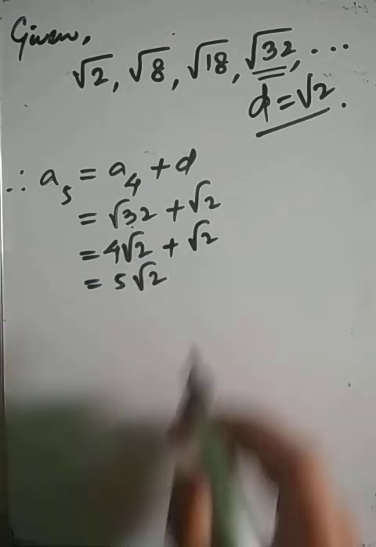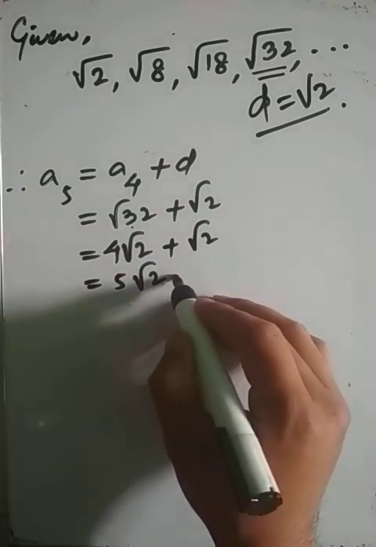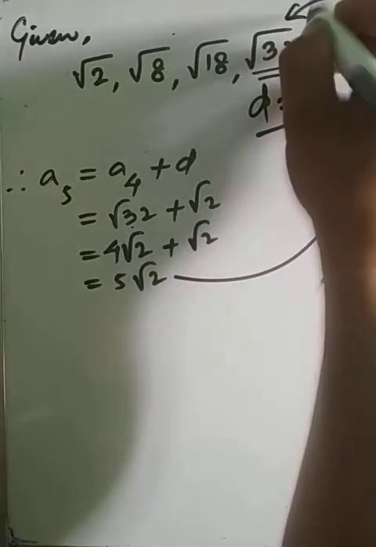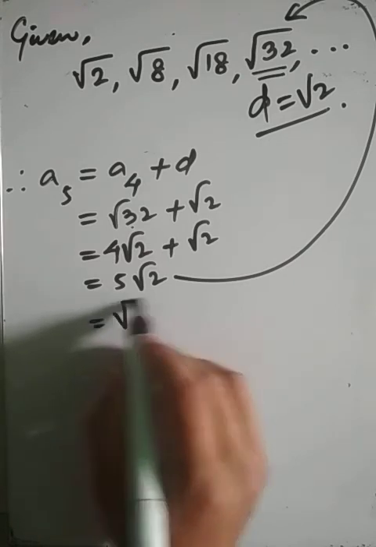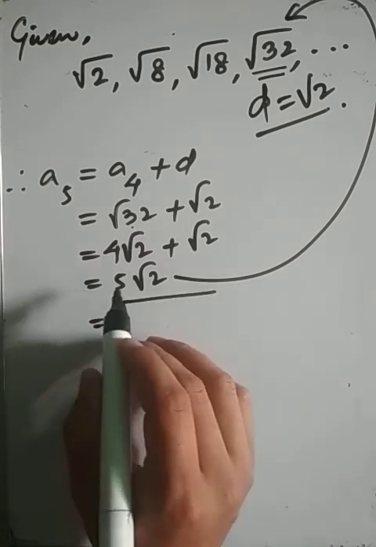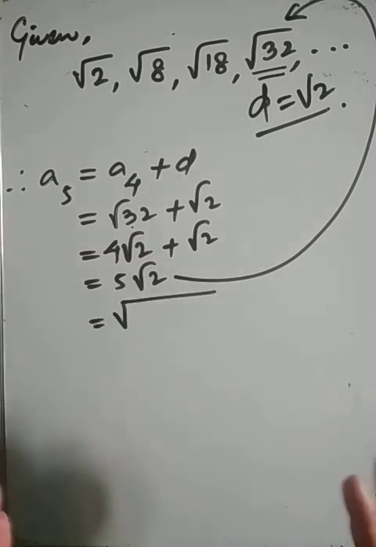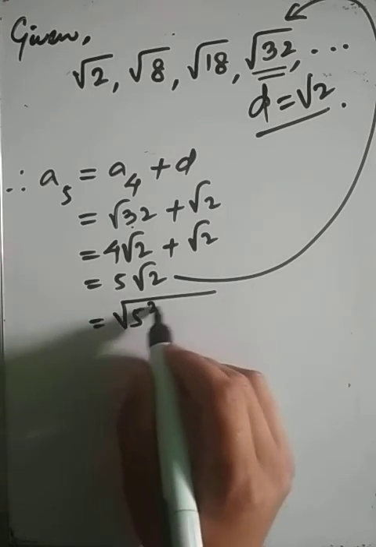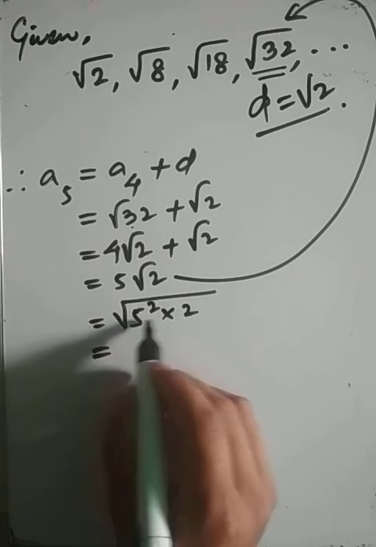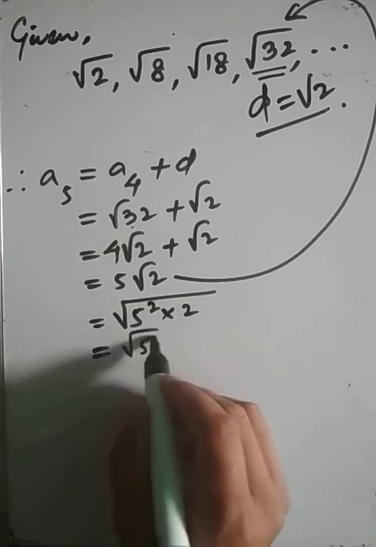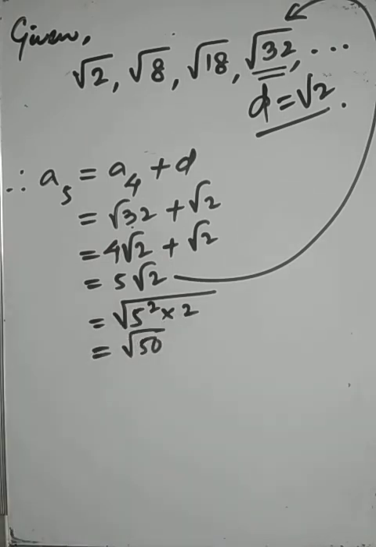So if you want to change these into the form of the given numbers, what shall we do? We'll do it like this. This 5, if it goes inside the root, it will be now 5 square into 2. So 5 square is 25. 25 into 2, it will be root over 50. So similarly we are going to find